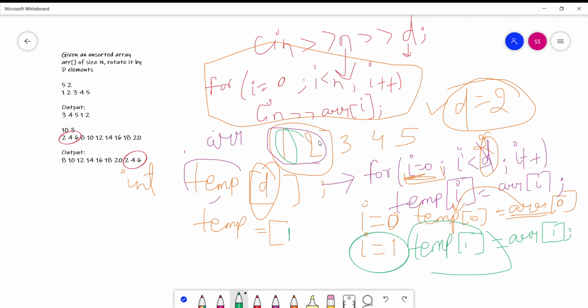The element at the first index of ARR is 2, so the 2 is copied into the temporary array. So now the elements in the temporary array will be 1 and 2, because the first d elements are copied, and here I take the value of d as 2.